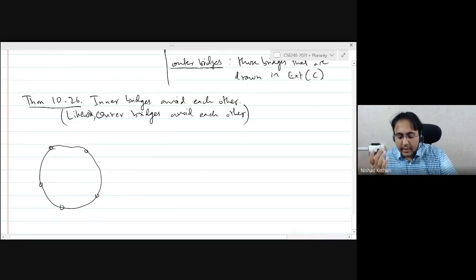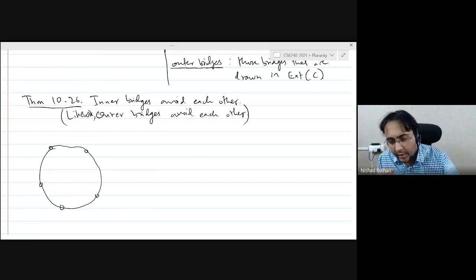Supposing I have two inner bridges that don't avoid each other, which means they are overlapping. By the previous result, either they are skew or they are equivalent three bridges, right? So in fact, that is how the proof proceeds in the text. So if I consider the skew case,